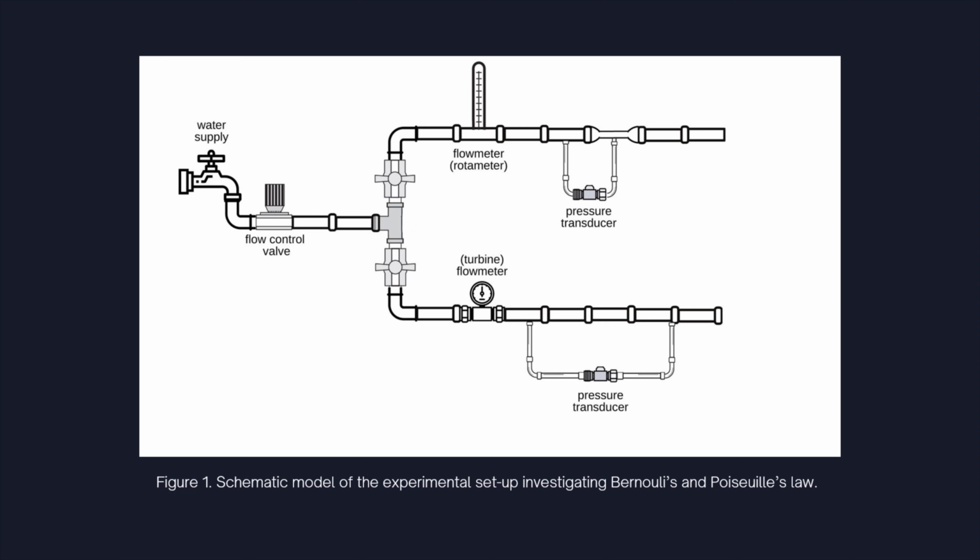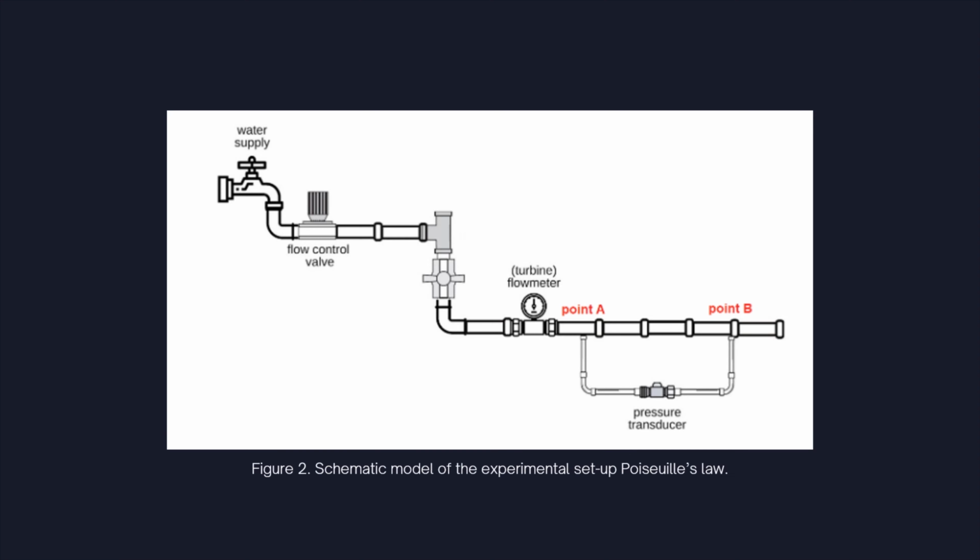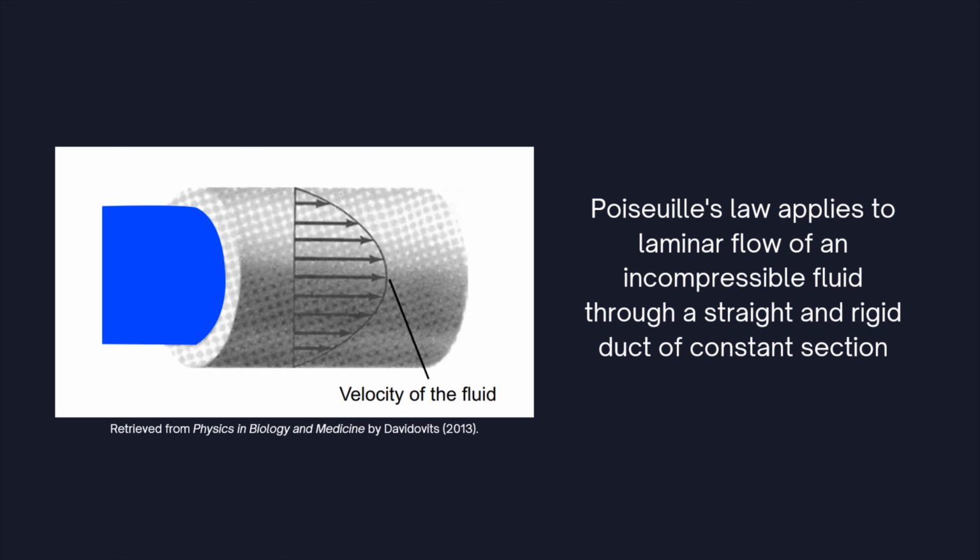Moving on to the expected results, in investigating the flow of blood in the blood vessel through Poiseuille's law, the lower pipeline system of the mechanical model will be used and observed. For this experiment, the fluid must first exhibit laminar flow and must be a viscous incompressible fluid in order to apply Poiseuille's law. If the conditions are met, then the flow rate of a fluid can be calculated using Poiseuille's